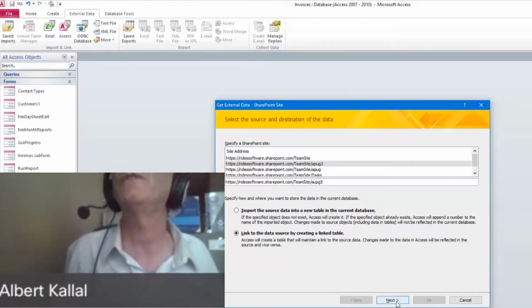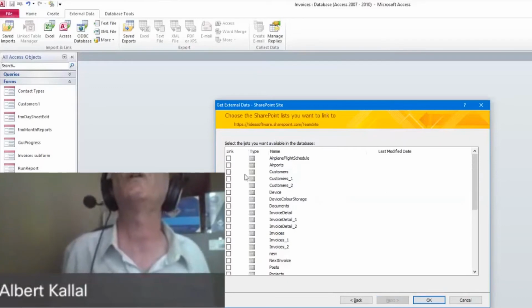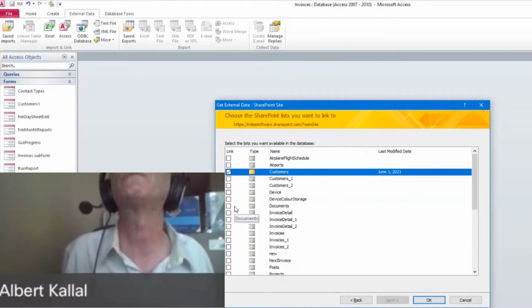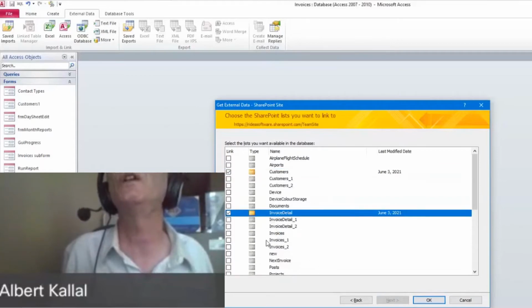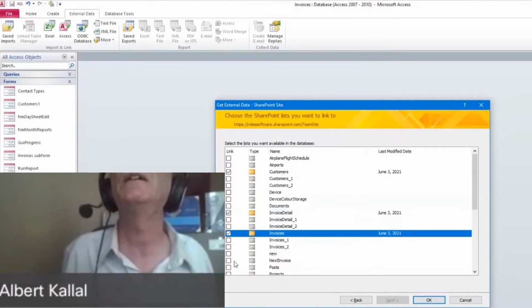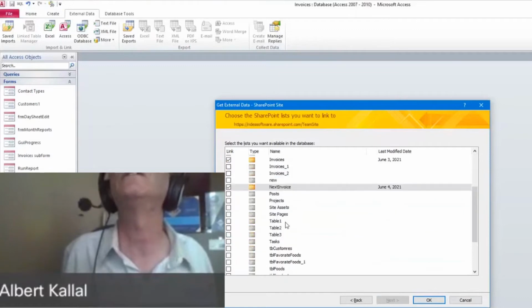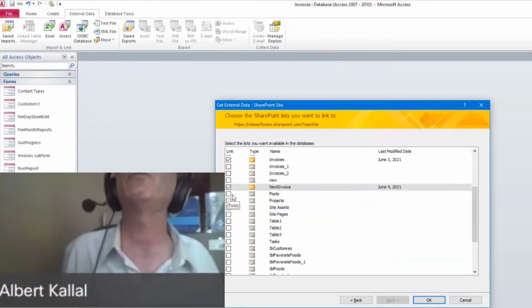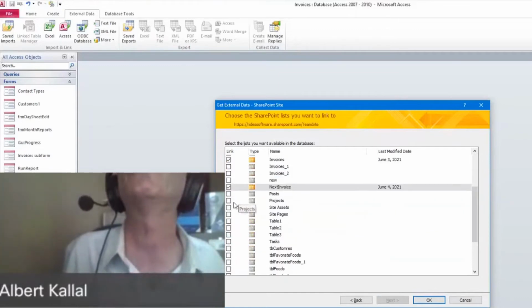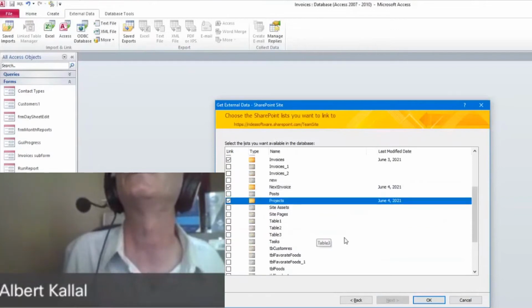I don't care if it's got multiple extra tables. That's okay. Yeah, I uploaded more than once, but we'll select our customers table, our invoice details table. So I uploaded more than once here, and hopefully that's okay. Next invoice, and so normally you would just have the 5 tables there and maybe one extra one, but let's go projects,